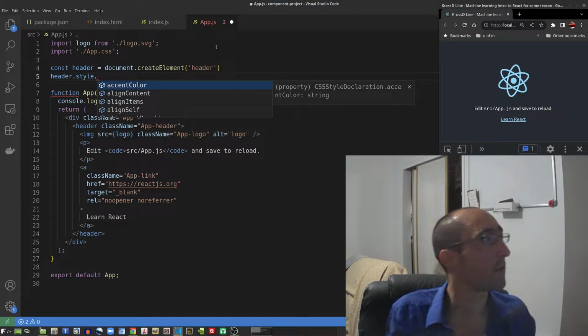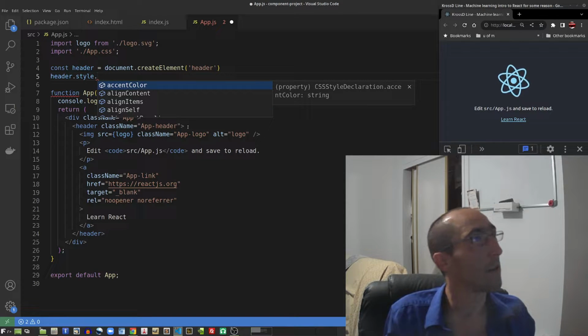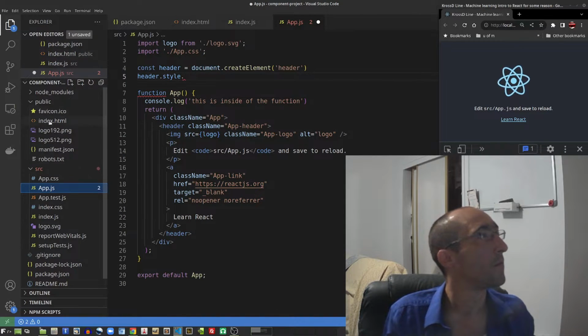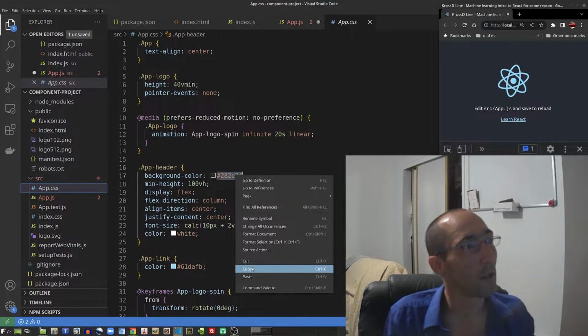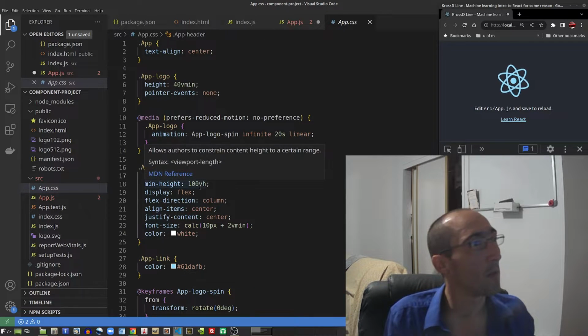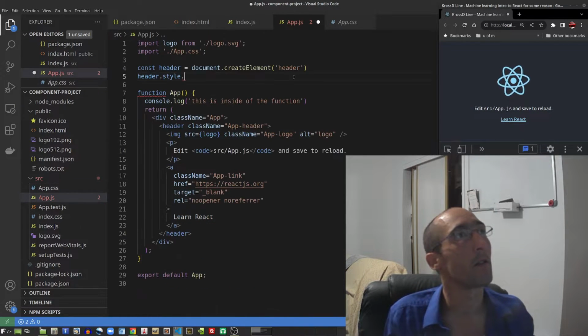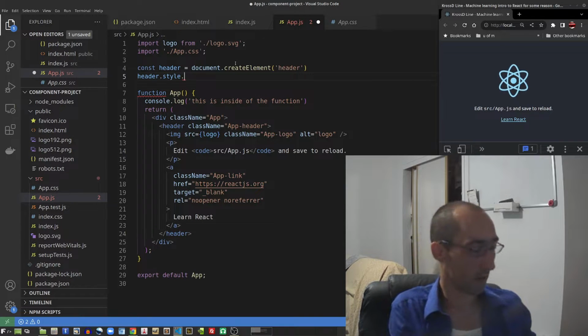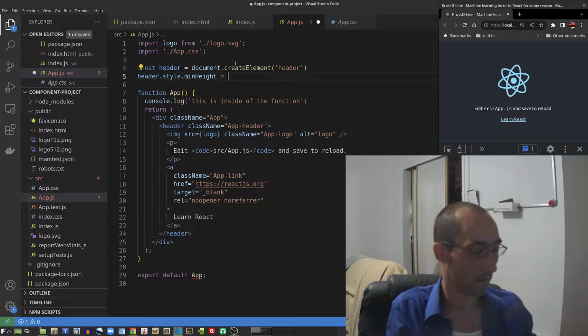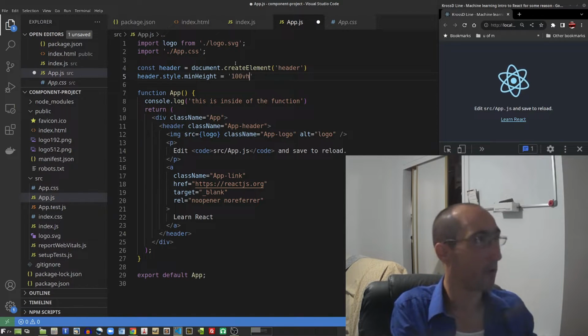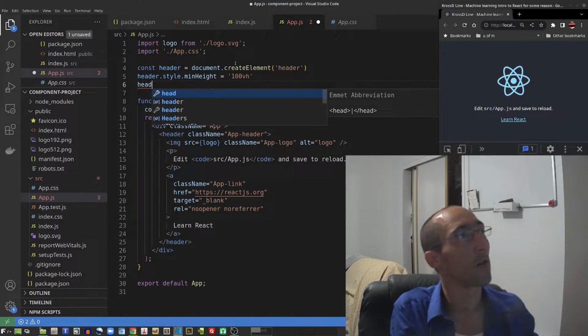What are we changing here? Class name app header. App.css, class name app header. So background color, for example. And then min height 100 view height. So this would be essentially the same as saying min height equals 100 view height, and then having to type another line,